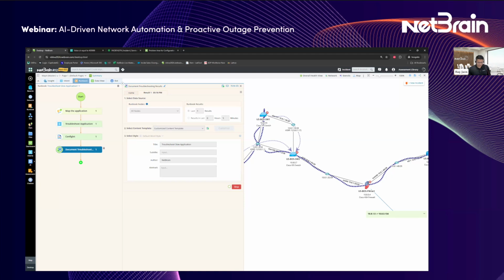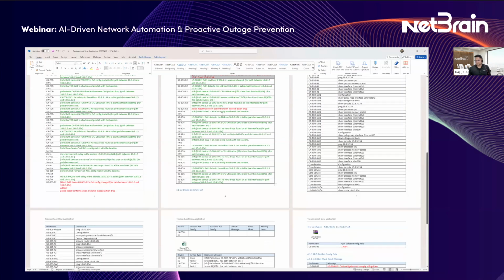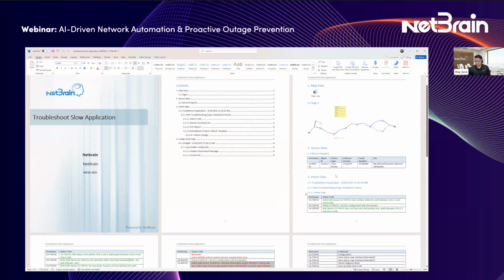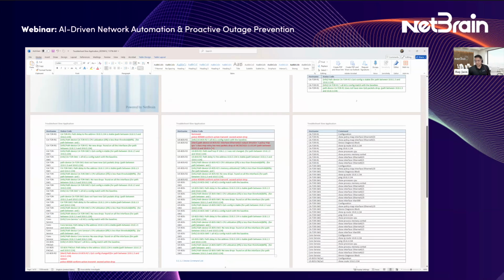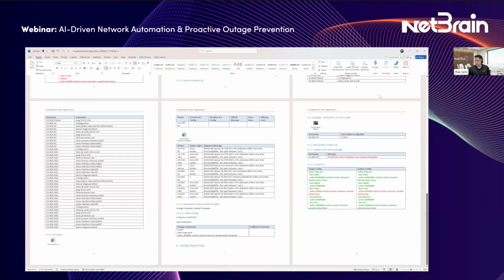So let me see if I can pull up a document that I've already done. There you go, just a few minutes ago. And it has all of this data for me. So it knows that, hey, it looks like this is the map, all the greens and reds of the checks that we perform. And most importantly, it knows that the reds is clearly telling me that the class map policy did not match the golden. And all of this is just in a couple minutes.